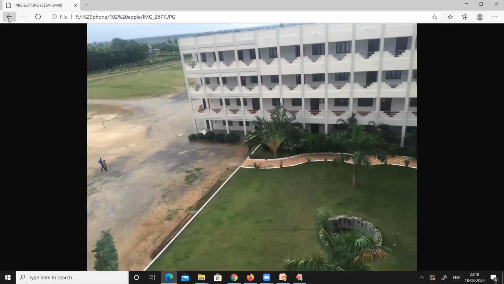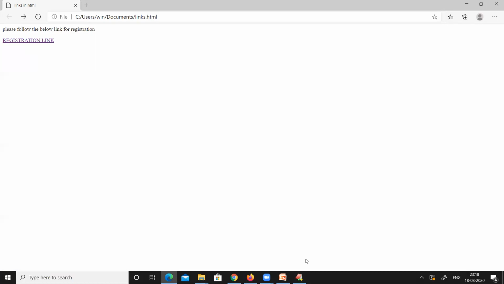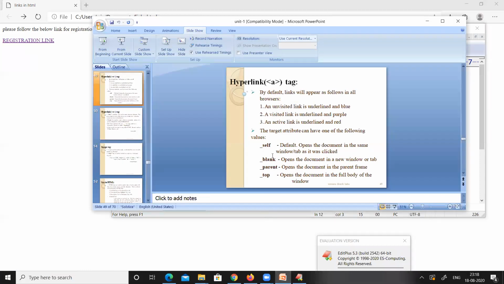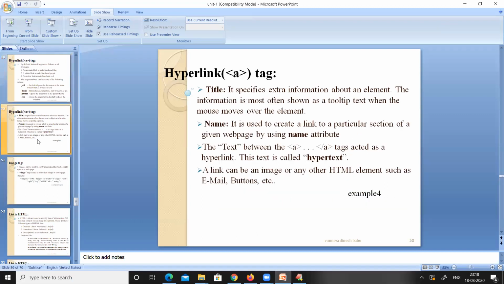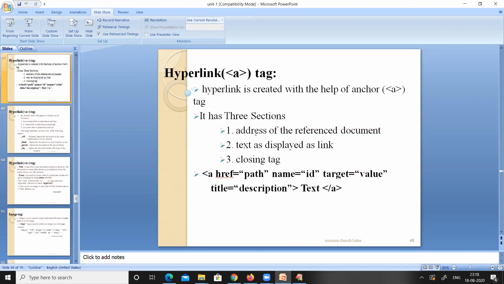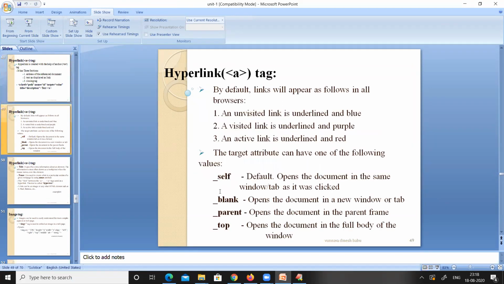I will show the red color by making some necessary changes in the program. The necessary changes are here. There is an attribute called the target attribute. For the target attribute, we can provide any one of these four values: underscore self, underscore blank, underscore parent, and underscore top.